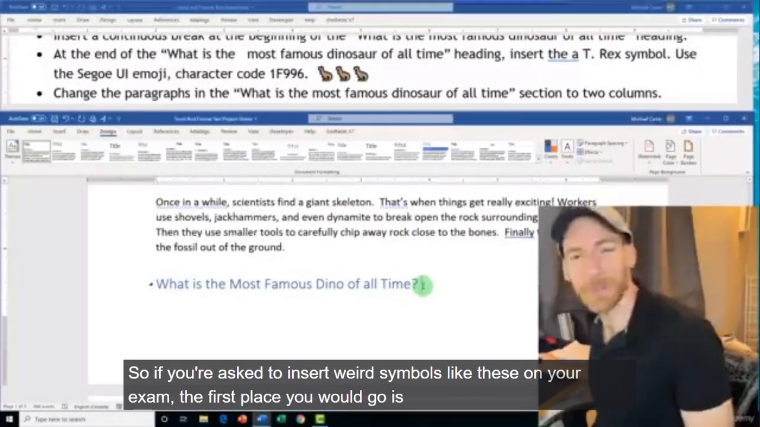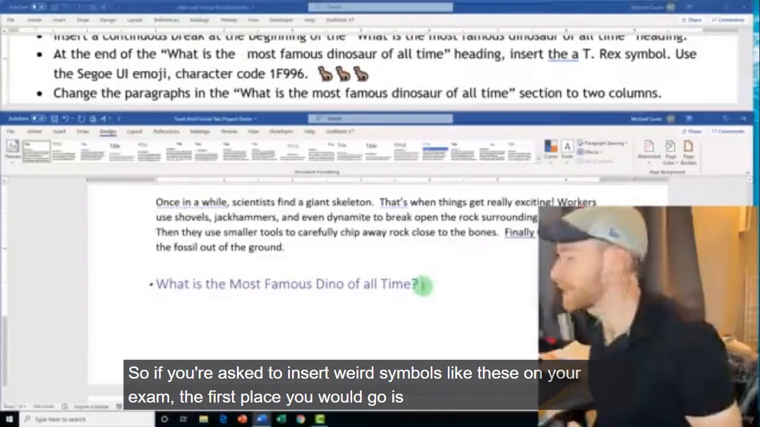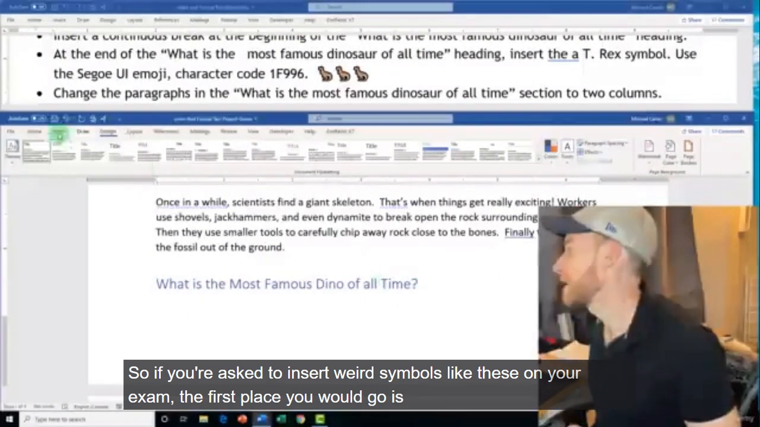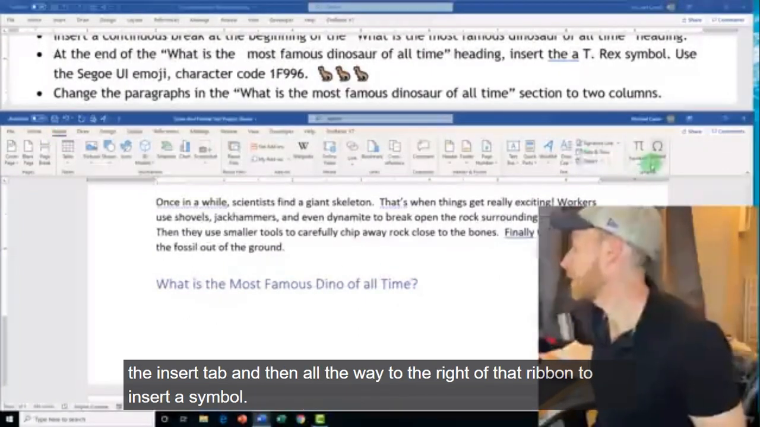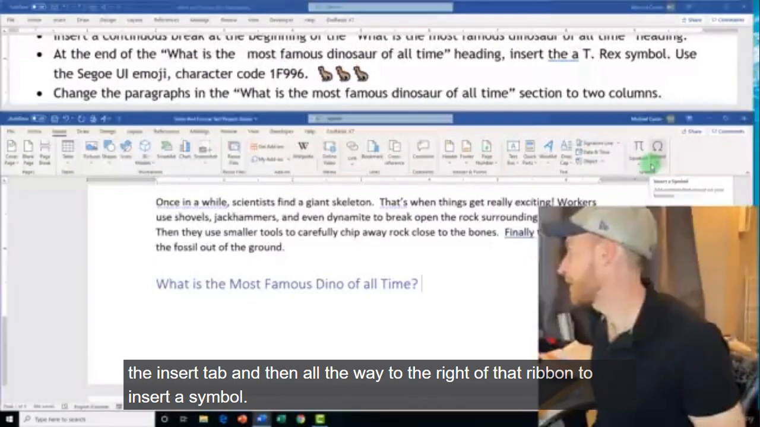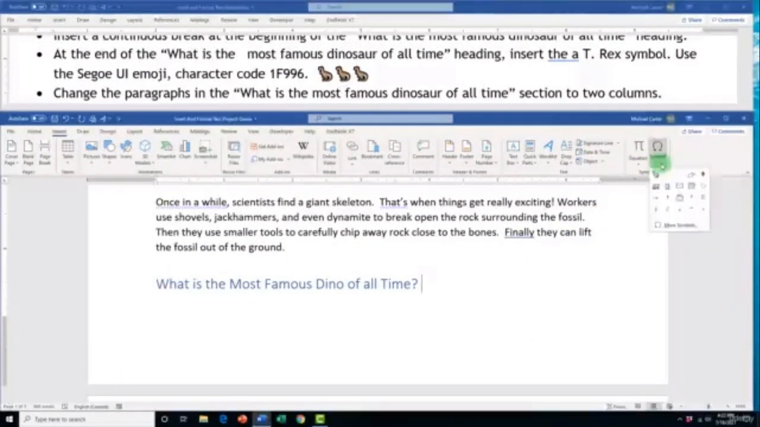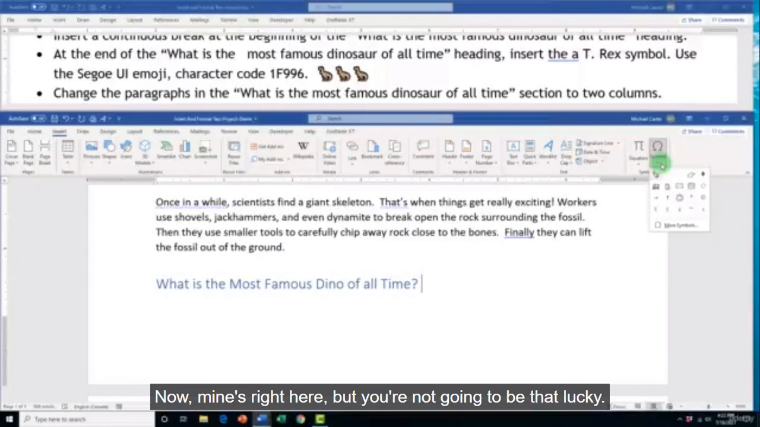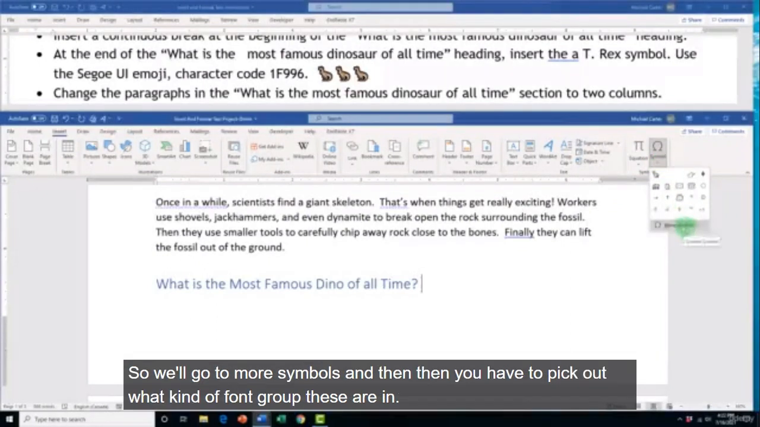So if you're asked to insert weird symbols like these on your exam, the first place you would go is the Insert tab, and then all the way to the right of that ribbon to insert a symbol. Now mine's right here, but you're not going to be that lucky. It's going to be something you have to actually search for. So we'll go to More Symbols, and then